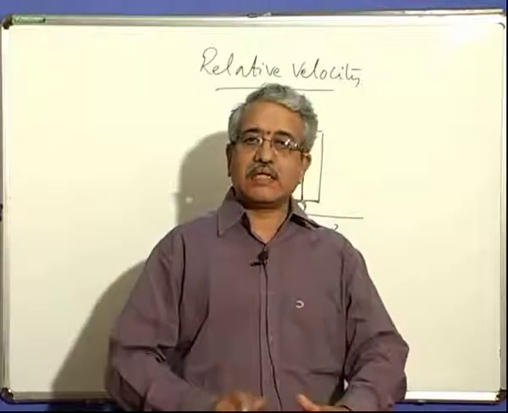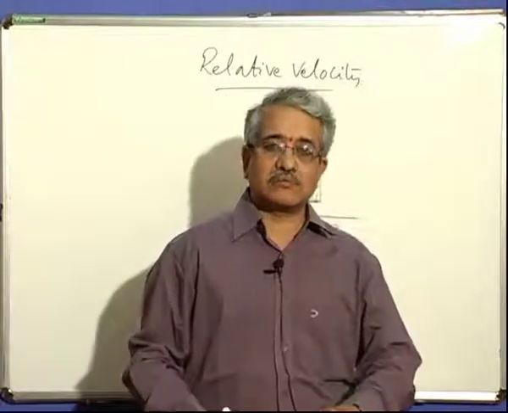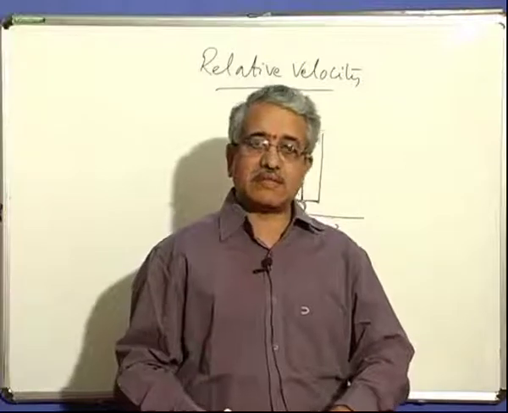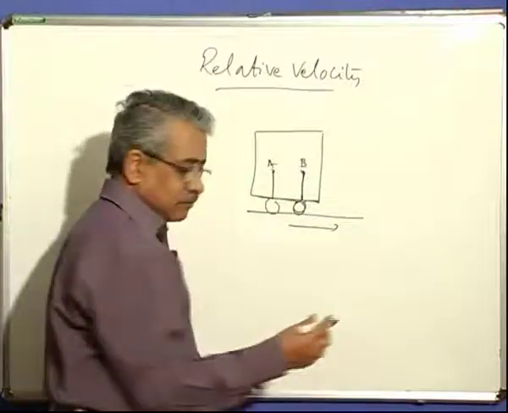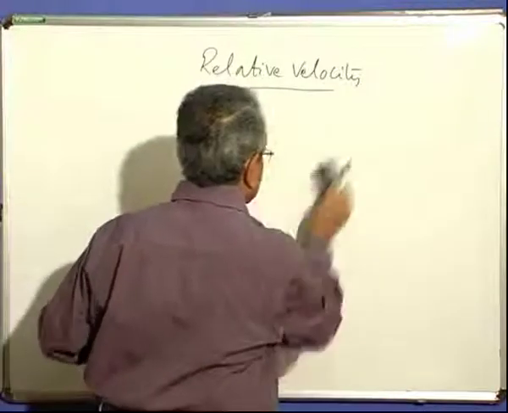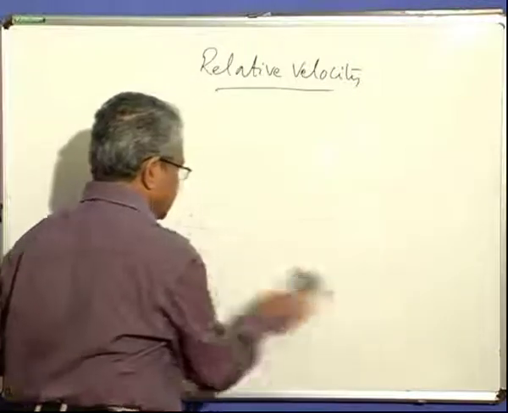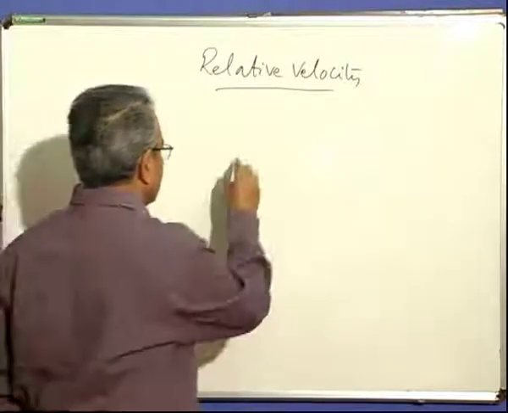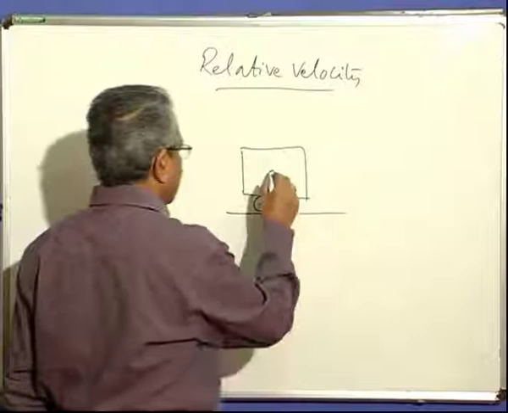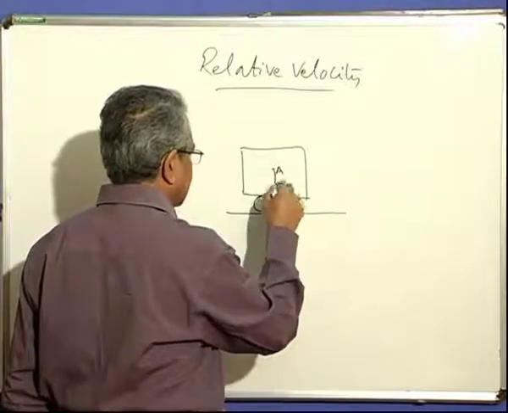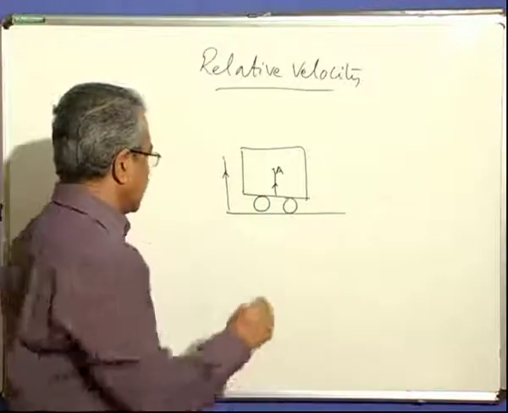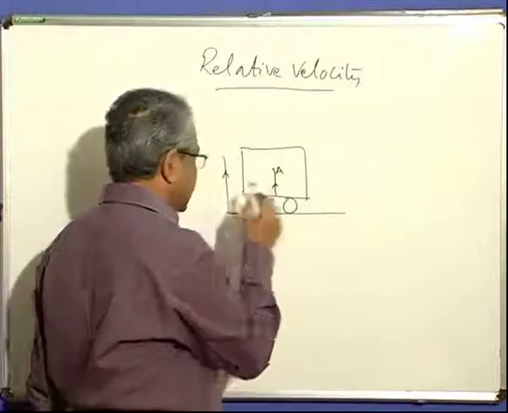With respect to his position, he will try to check other things around him, how they are, whether they are changing their positions or not. If they are changing their positions, he will say yes, they are moving. Take for example another case. We are in a compartment the same way, and the observer is here, A, in the compartment, and there is a tree outside here. The compartment is moving forward, the tree is behind that.